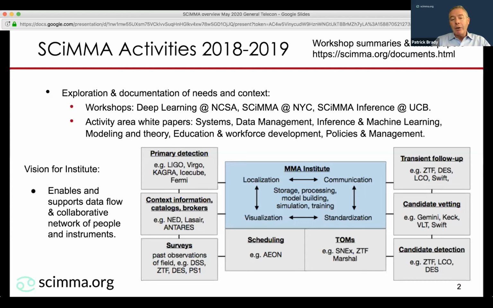The vision that we've been trying to do for the Institute is not one that takes over any of the projects, but it's a place that would actually be an institute without walls, if you like.